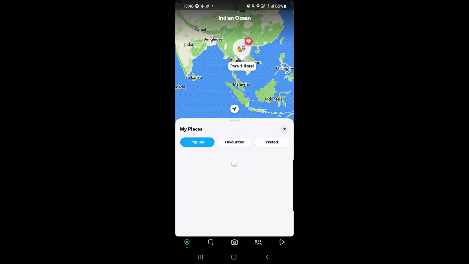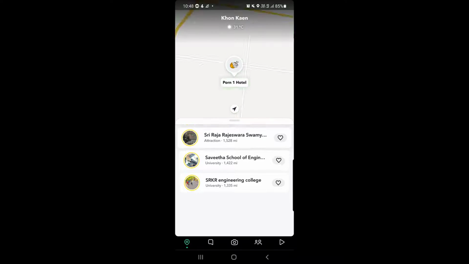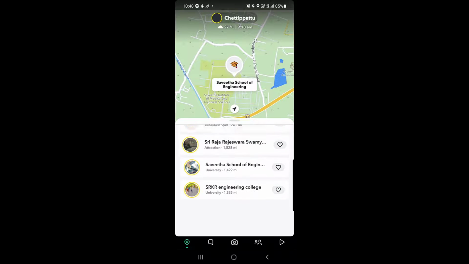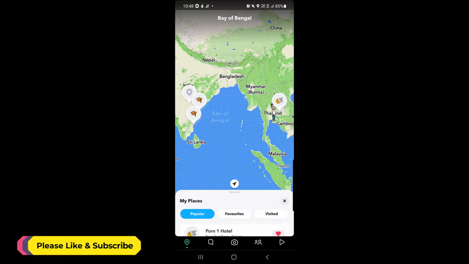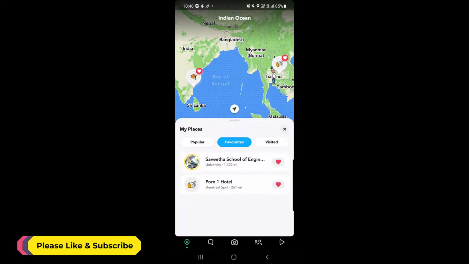Like if I tap on the popular one, here is the list, or you visited a place and you can just tap on the heart icon next to it. So once you tap on that, it will be added to your list of favorite places. So I will show you that if I tap on here, as you can see, the place is already added